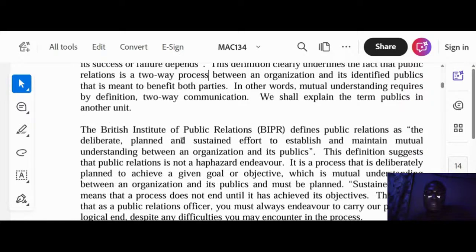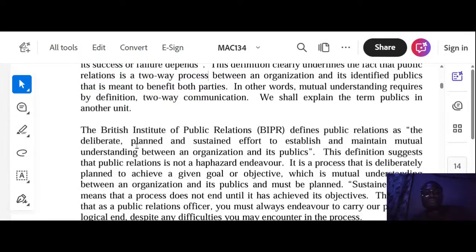The IPR, the British Institute of Public Relations, also has a definition for public relations. They also came up with their own definition. Now let's see what they say about public relations. It's a very simple thing. So what did they say? According to them,